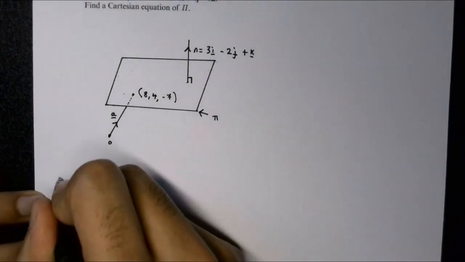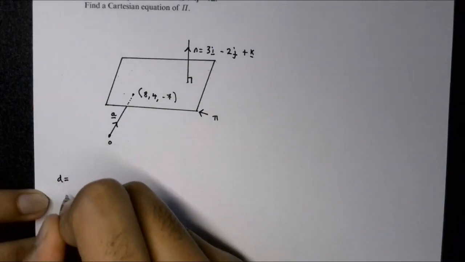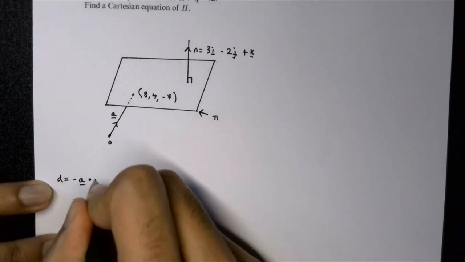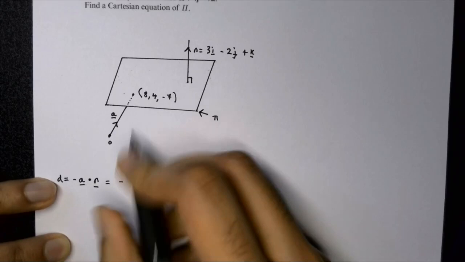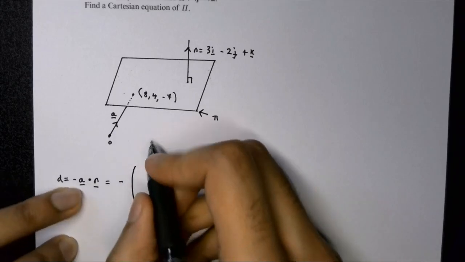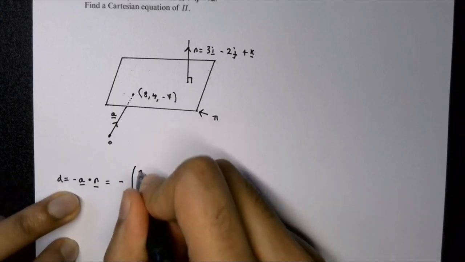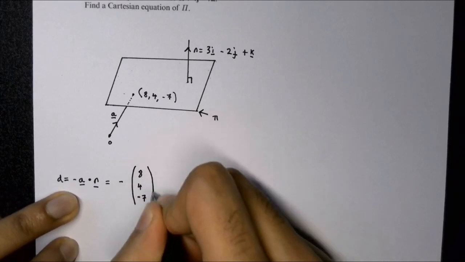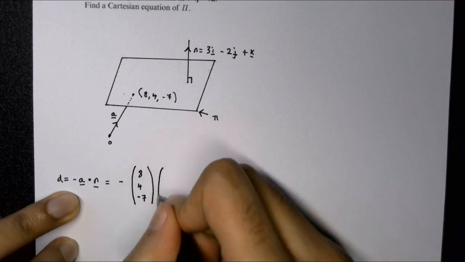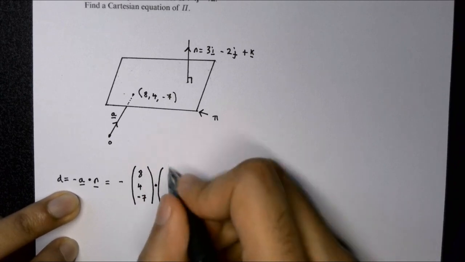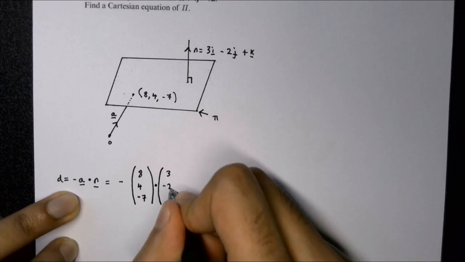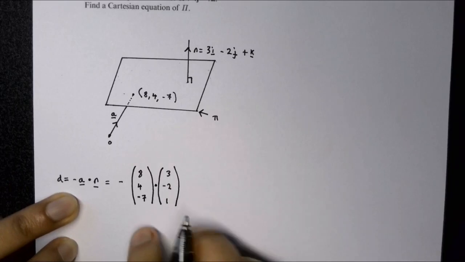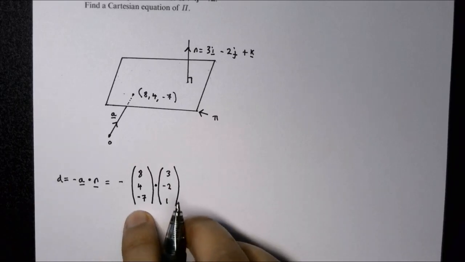So d, that's equal to minus a dot product with n. So we've got minus, and then if we work out what a is, we have 8, 4, minus 7 dot product with 3, minus 2, 1. And to work out this dot product,